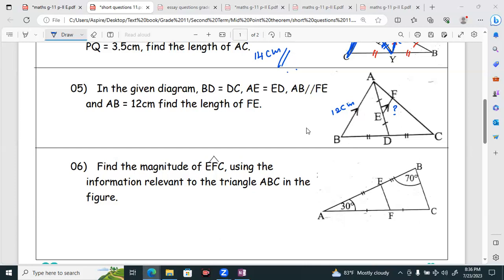Okay, let's see. BD and DC are equal. Okay. AE and ED are equal. They have mentioned their midpoints. Then AB is parallel to EF, no? AB is parallel to EF. AB equals 12 centimeters. Then here if we do a construction,